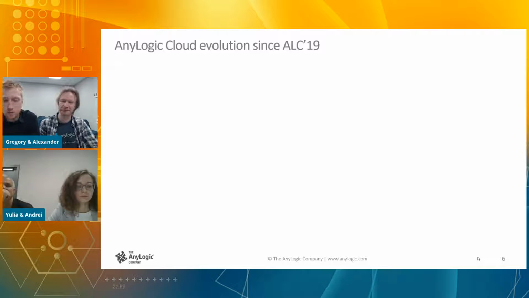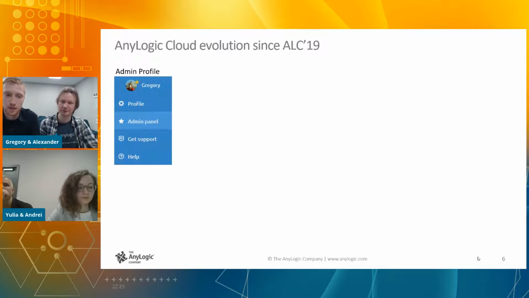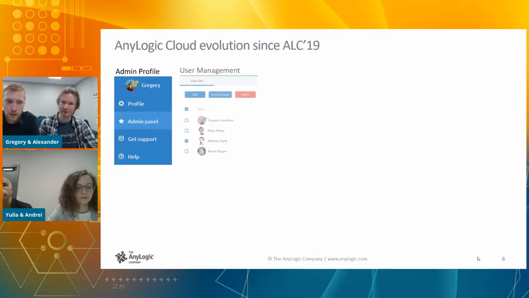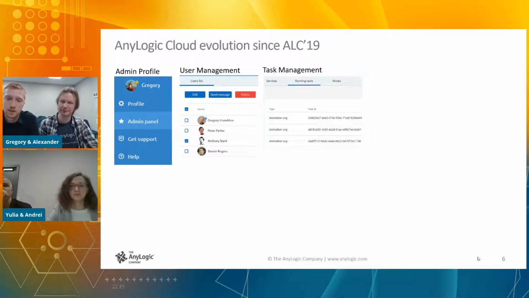Another notable feature in Private Cloud is the Administrator Dashboard, or Admin Panel. It is available in every admin account of your Private Cloud. You can find it in the Profile drop-down menu. From the Admin Panel, you can create or remove users. It is very convenient to disable regular sign-up options and provide the only option to create new users through administrators. Besides user management, you can also manage tasks, such as running models. Cloud administrators can abort prematurely any experiments running in the cloud right now.